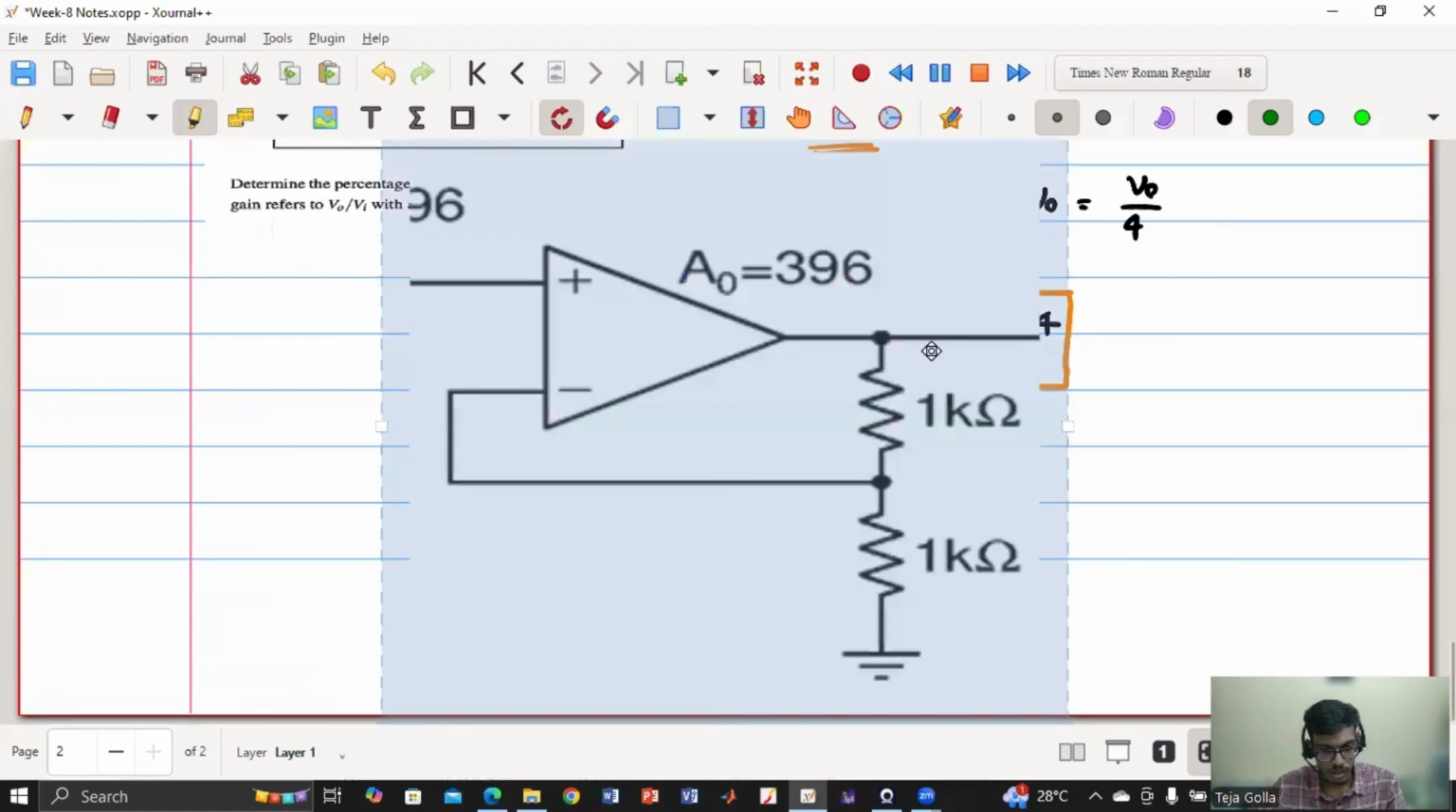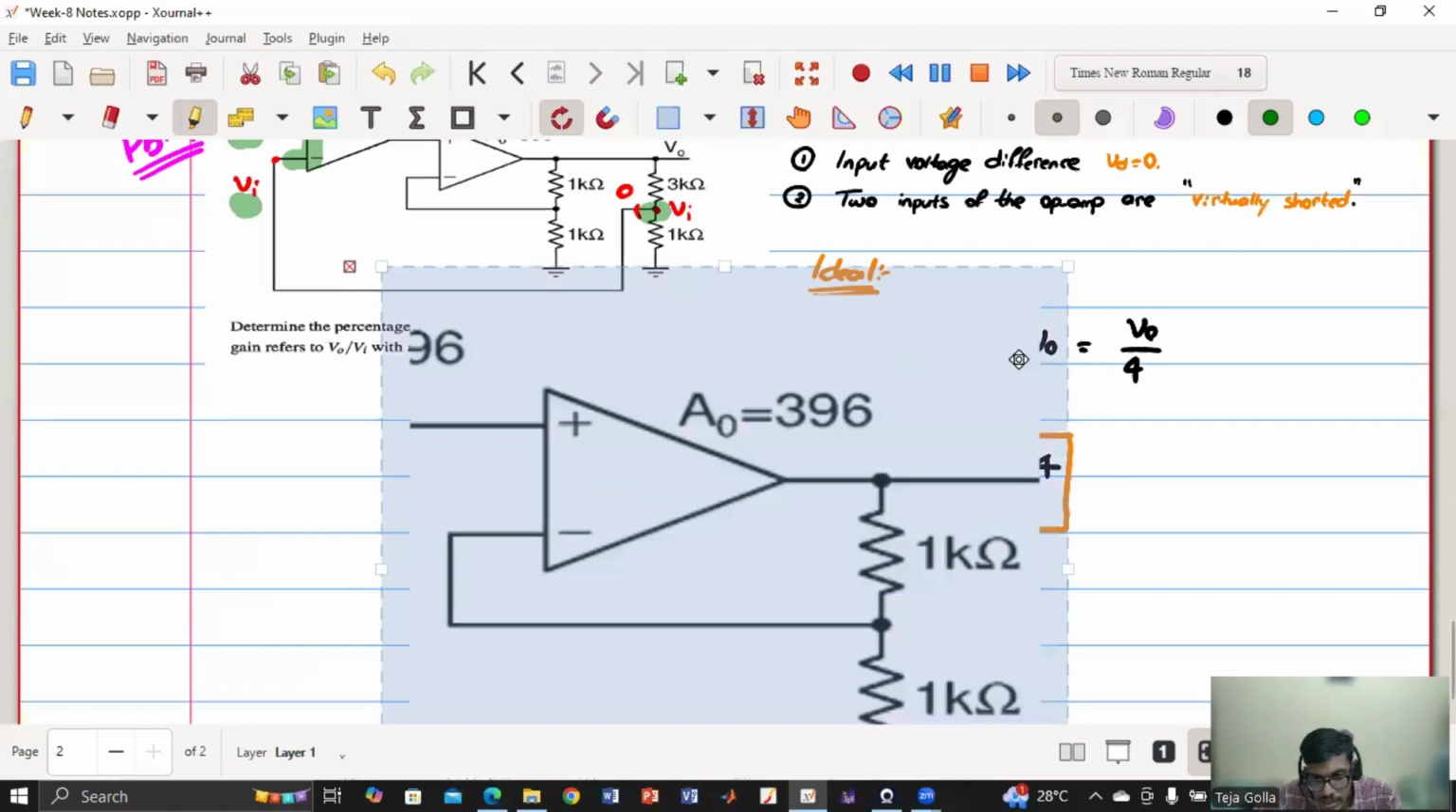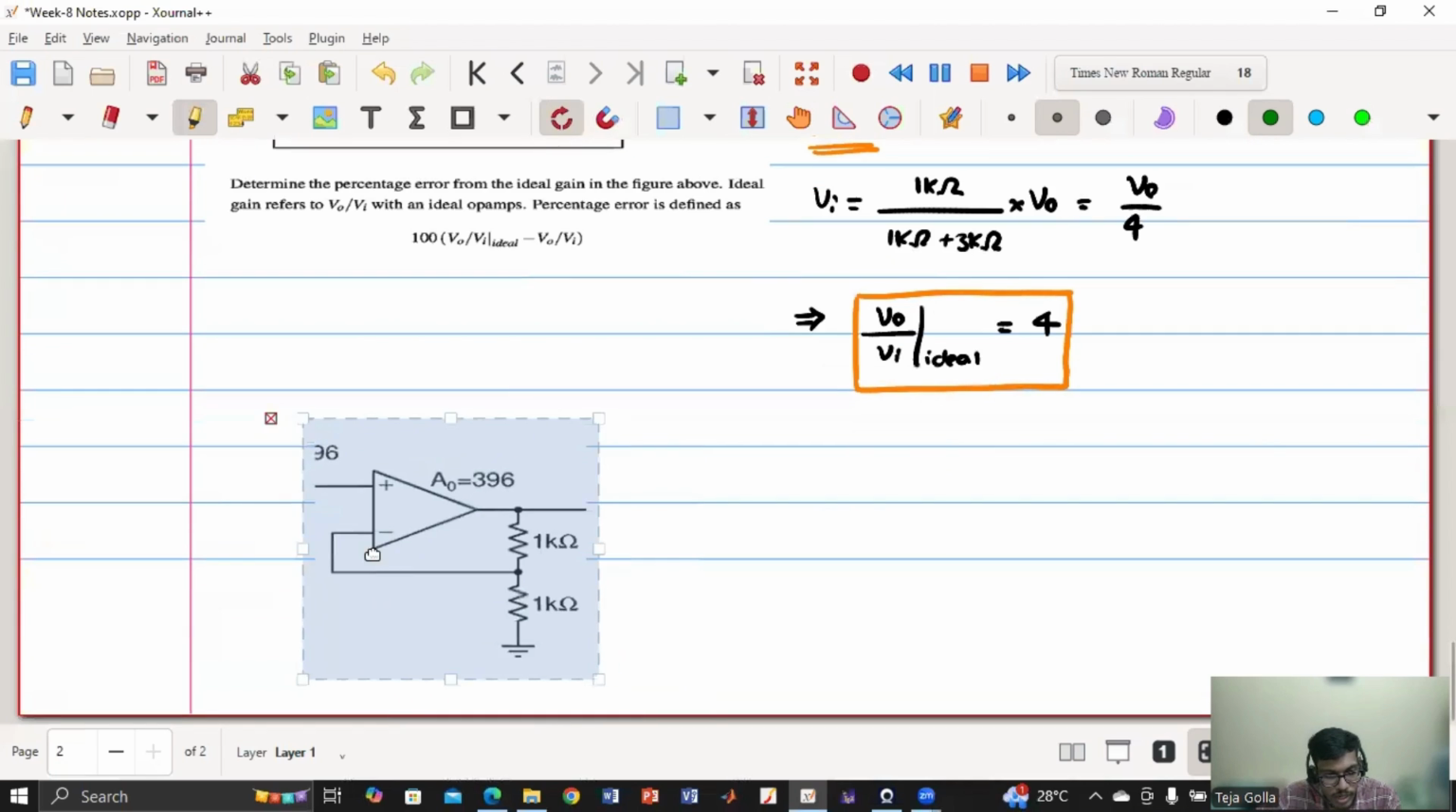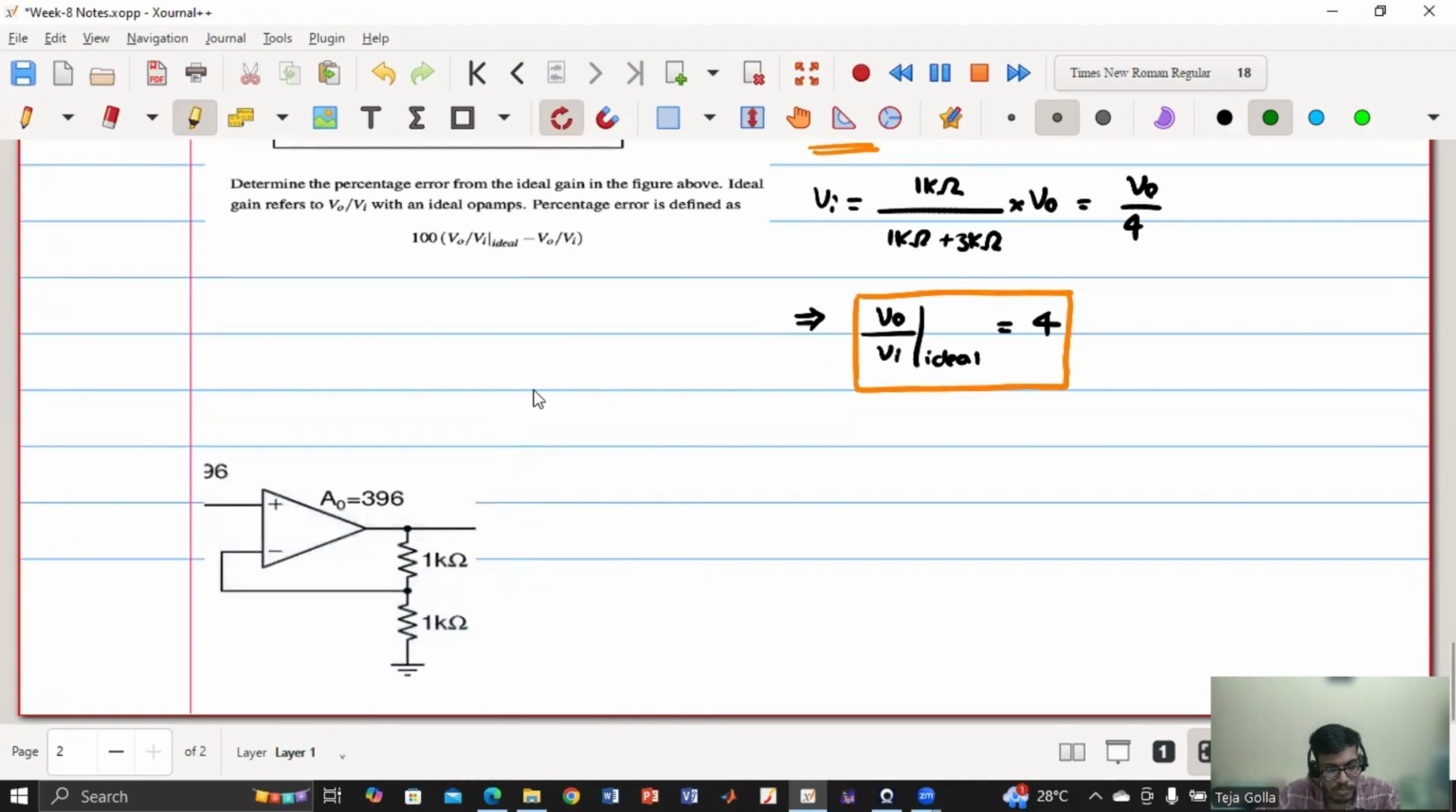Now this is also very easy, but you see how I am doing it. It is pretty easy and straightforward, but we should know what exactly we are doing. Okay, so now this is my non-ideal case. In the non-ideal case, what will happen? I cannot use the virtual shorting property, but I know that